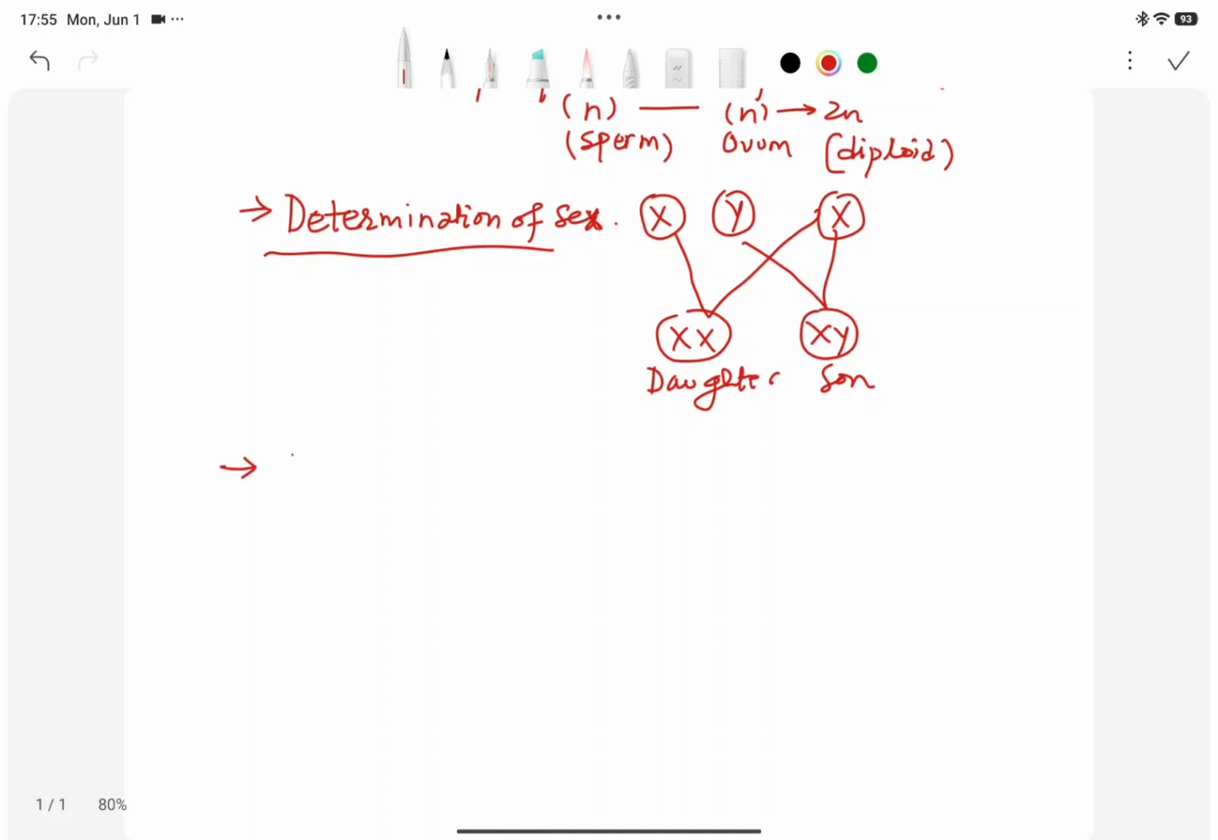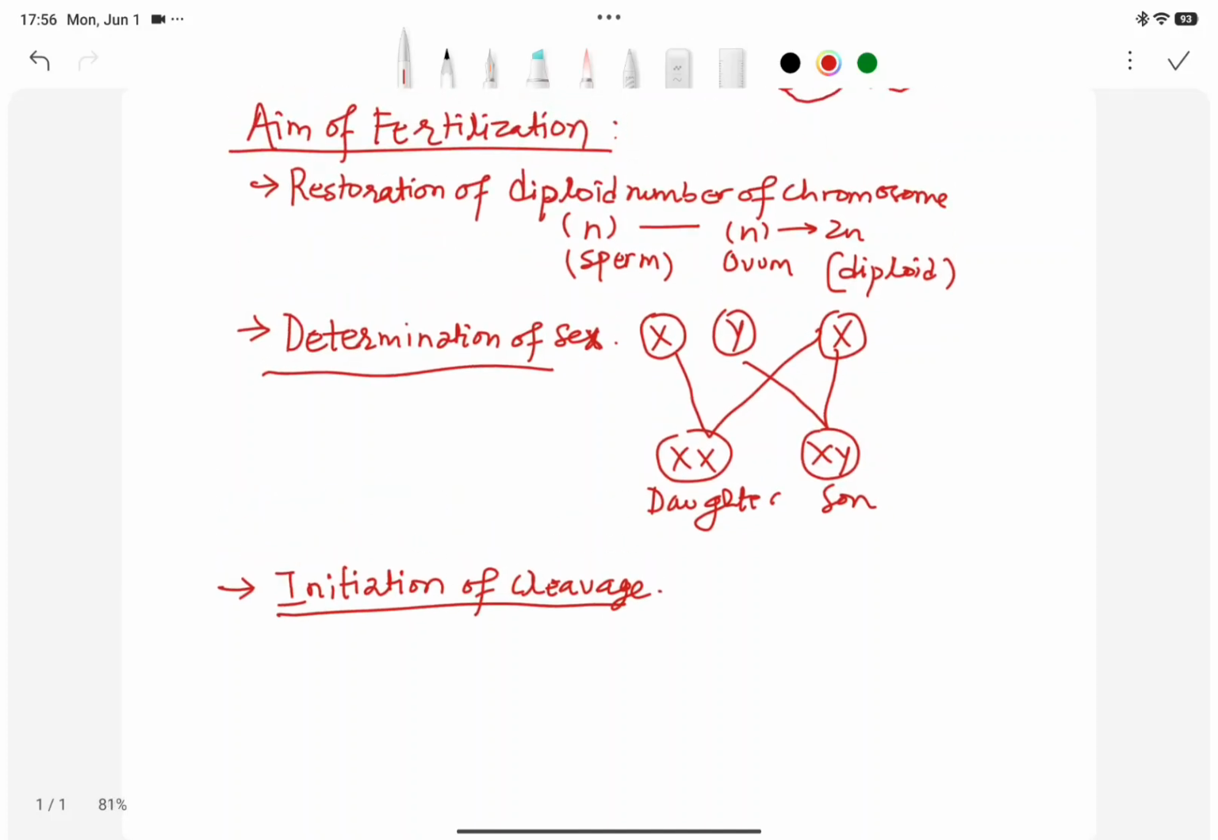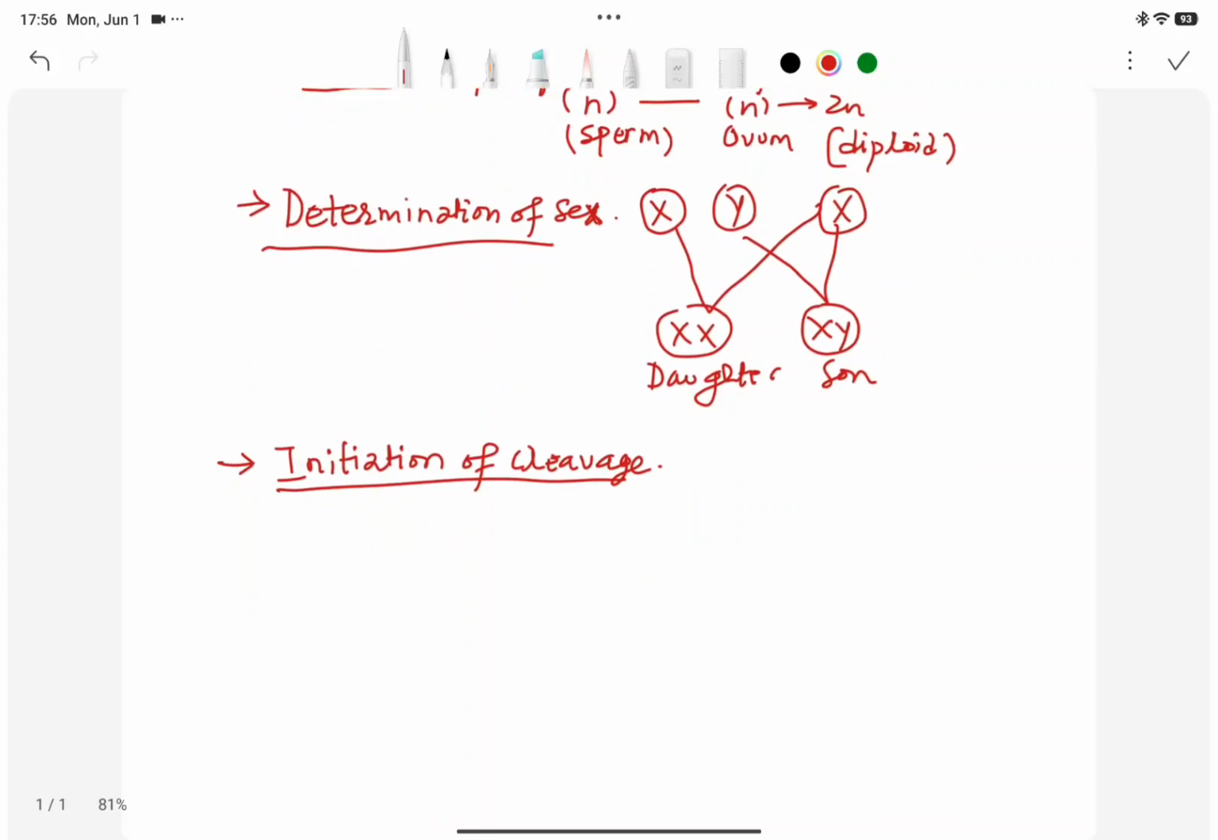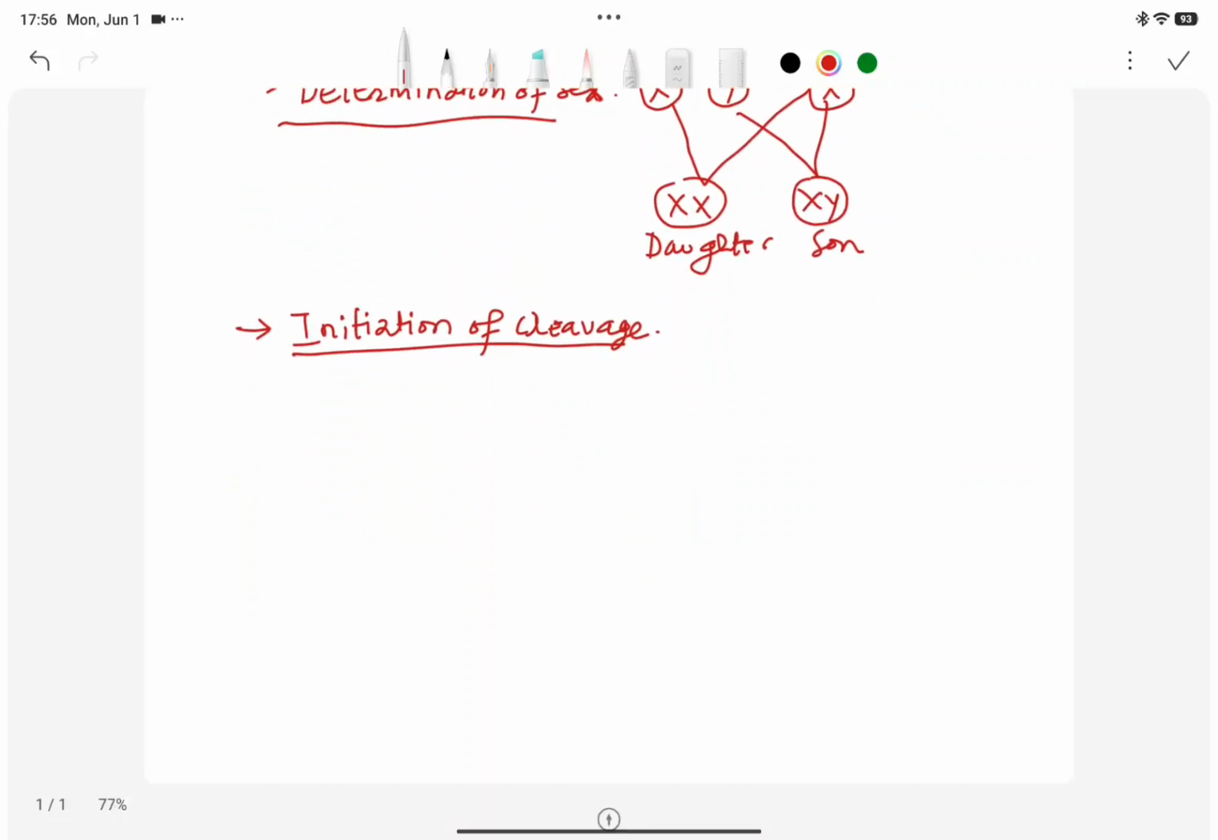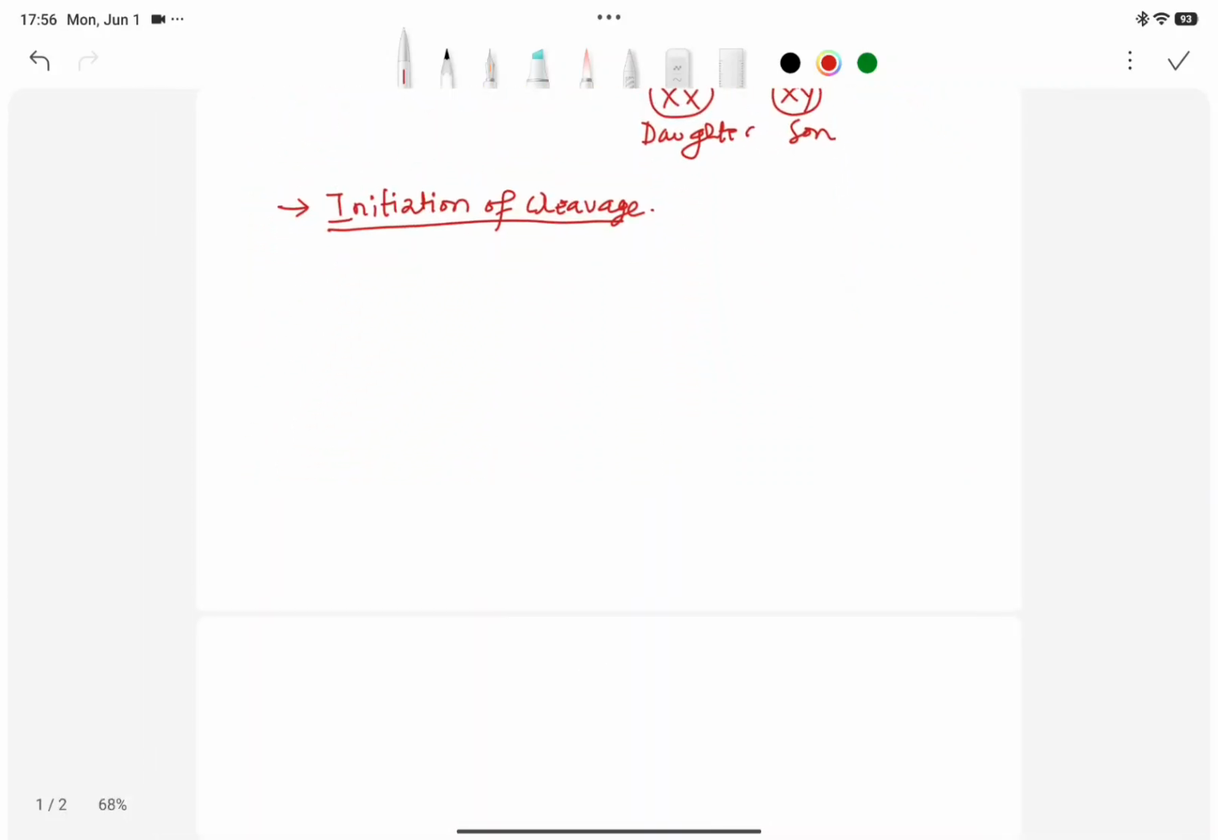And fertilization proceeds via cleavage. There is initiation of cleavage, determination of sex, and restoration of the diploid number of chromosomes. So three aims. Another topic is the motility of sperm from the cervix